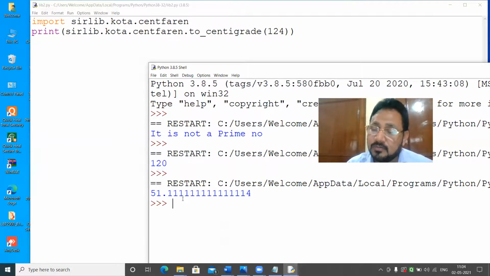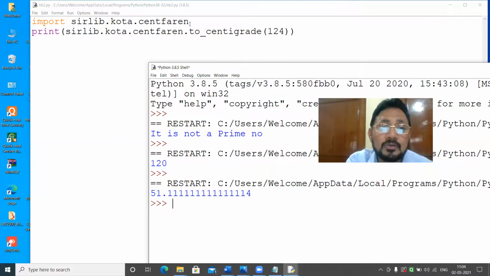Got it? Once all these procedures are completed, you have to write import serlib.quota.send parent. This is when you are taking the folder from serlib, then quota in serlib, and in quota the module is send parent.